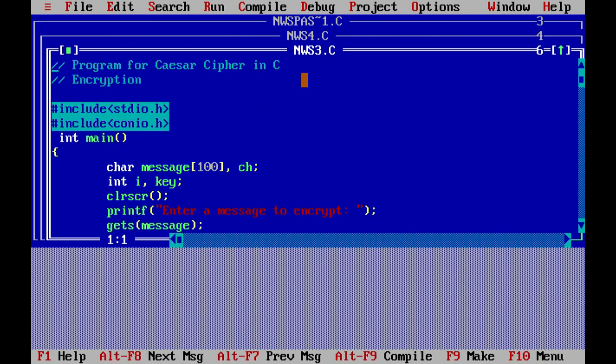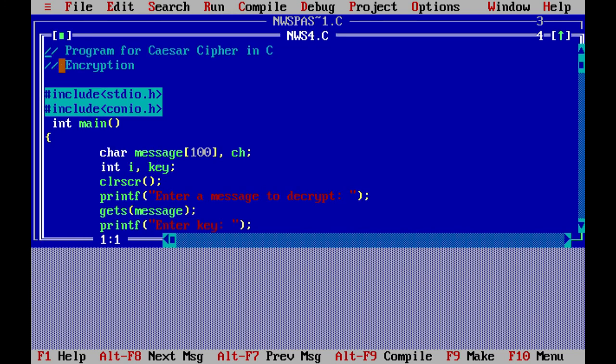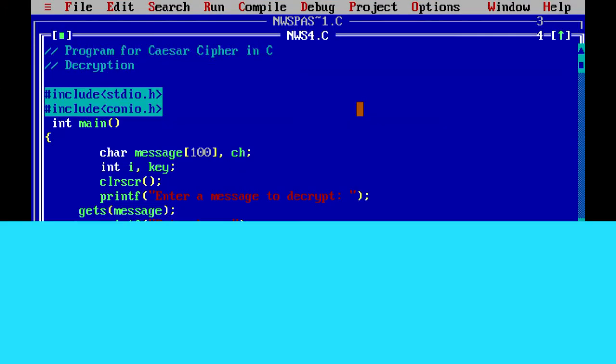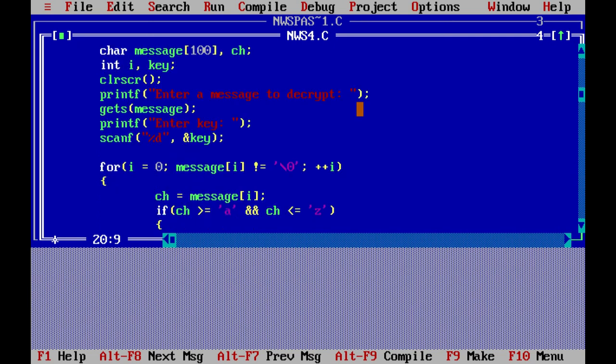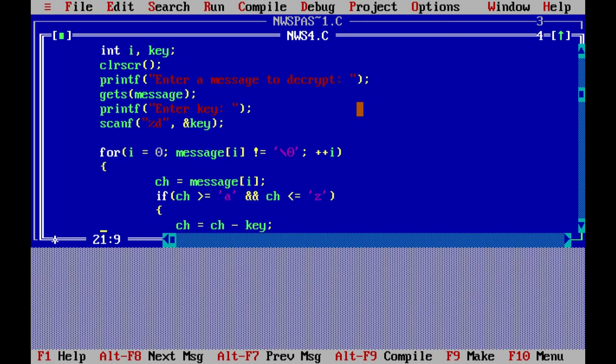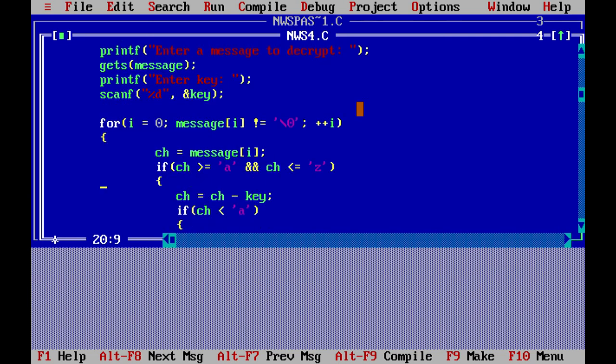Now for decryption. See, same thing, the variables are defined with the same logic as encryption, but the matter is changed here only. What is that? As per encryption it is plus of key, and as per decryption it is minus of key value.